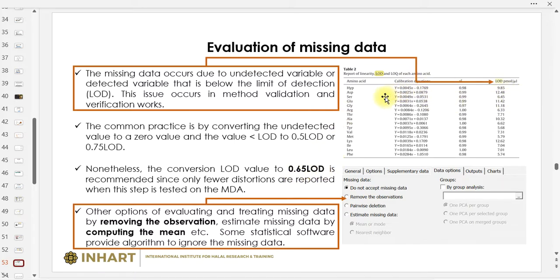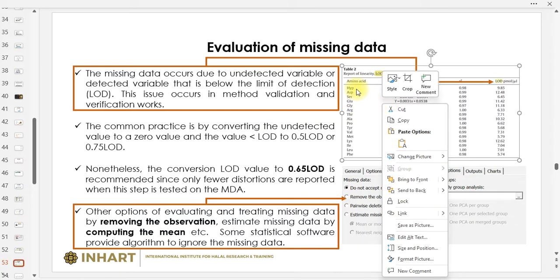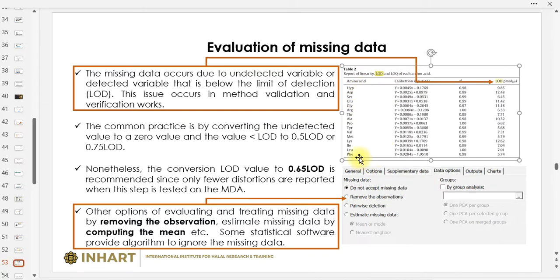This is an example. Sorry, very small here. We have these amino acids, hydroxyproline up to methionine, and so on and so forth. Each of these compounds has its limit of detection. But if you run your samples and the concentration that you calculate is below the detection limit, you need to replace the below-detection-limit value with 0.65 times the LOD in your data,